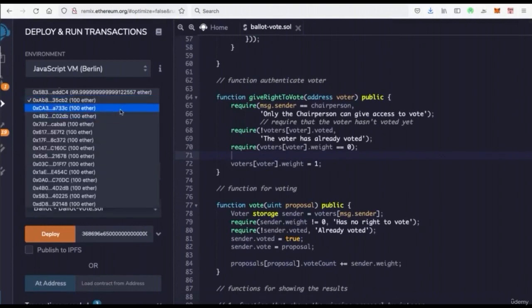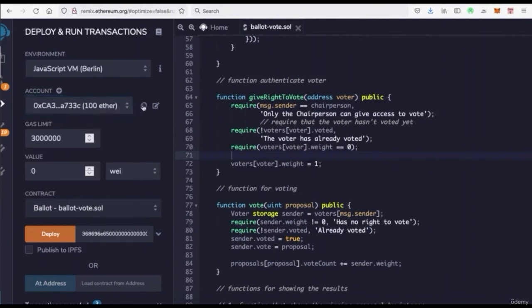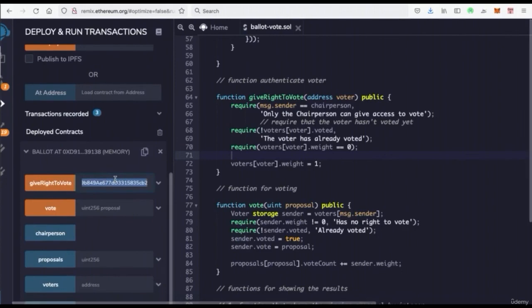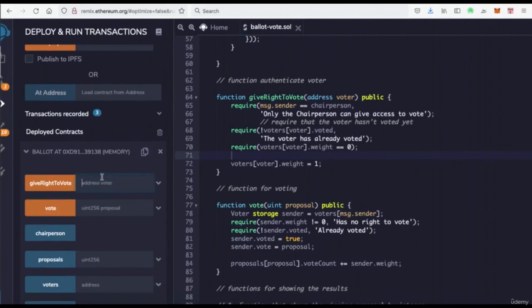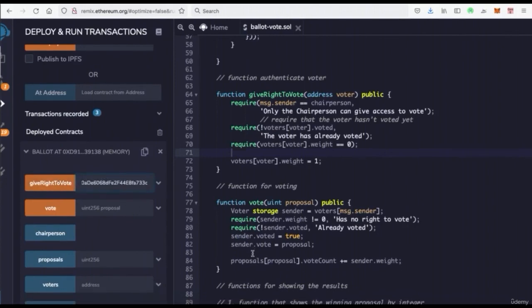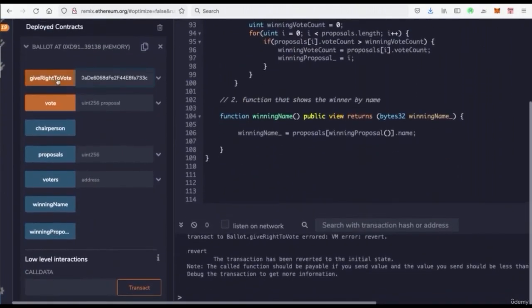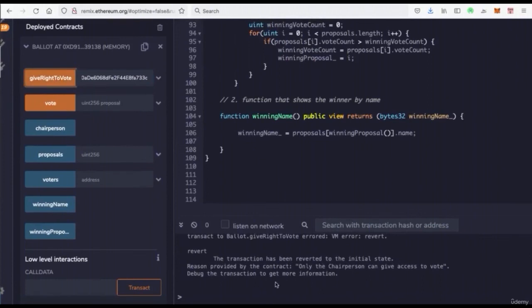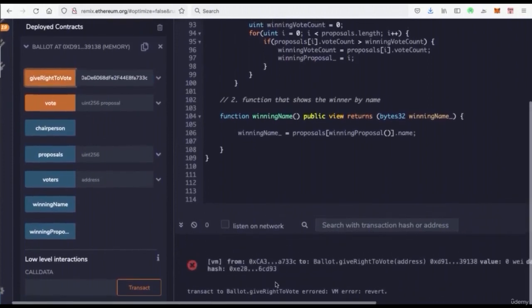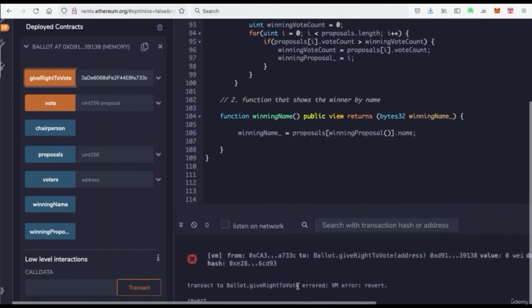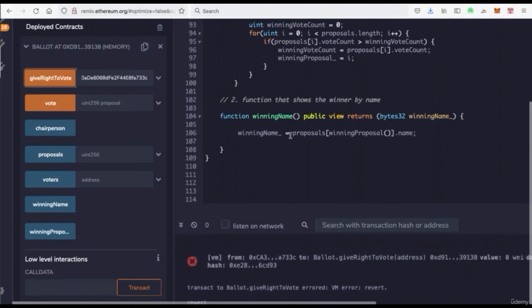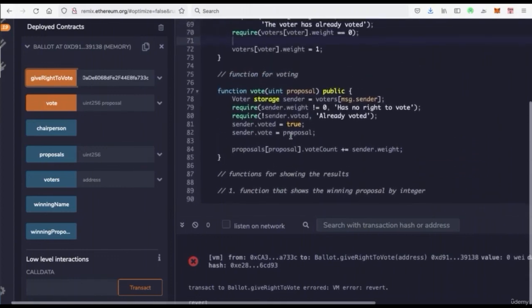If we go to the third account, and we copy the address to the clipboard. Now, if we were to stay in the third account and we put in the third account address and click on give right to vote, what do you think is going to happen? So let's try it. Well, I tried it, and we see that the transaction fails. We have an error. And why are we having this error? Because remember